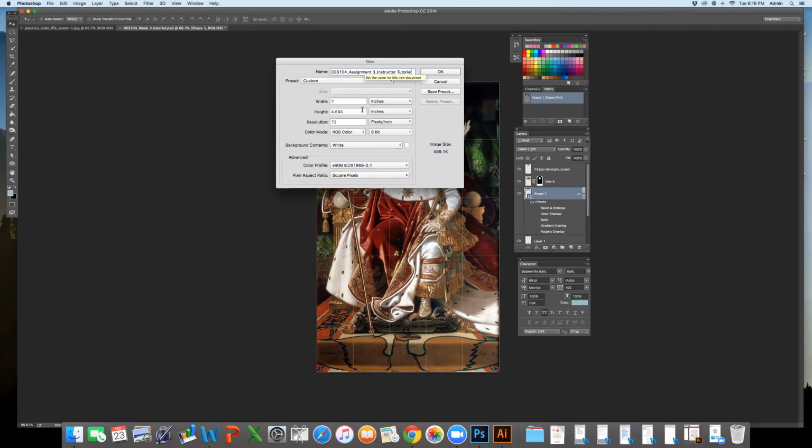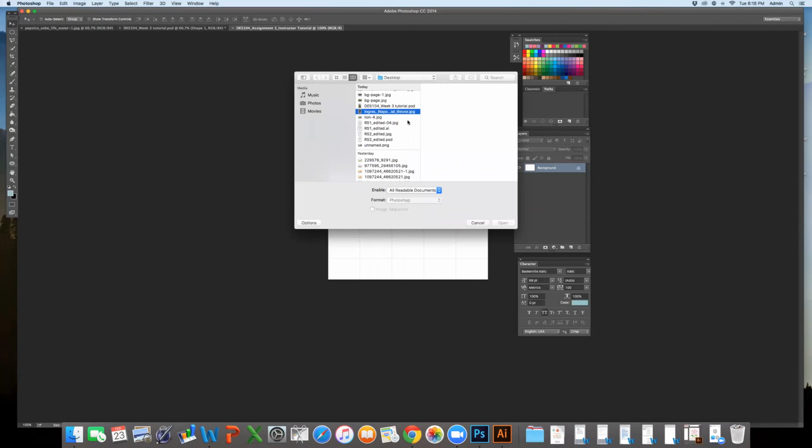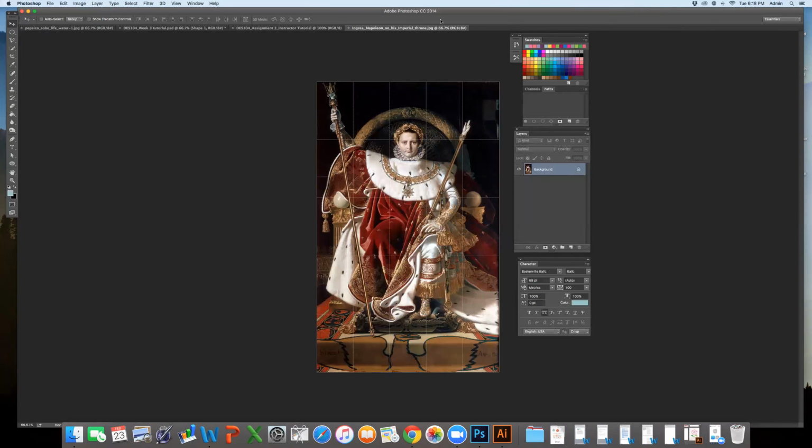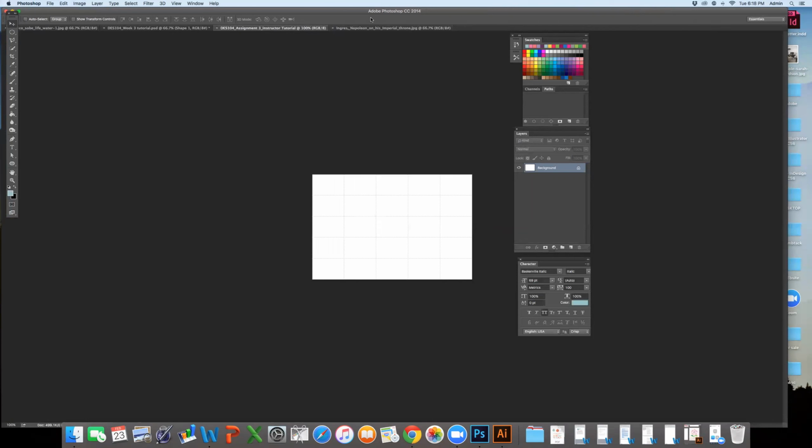Okay. So I don't really have width and height set. We'll probably want to, let's see, I'm actually gonna do File, Open. You can set up your new document. I don't remember what the dimensions were, but in this case, I'm just gonna pull in the Napoleon photo. There we go. So in this case, I created a new document, but I forgot that I had my photo